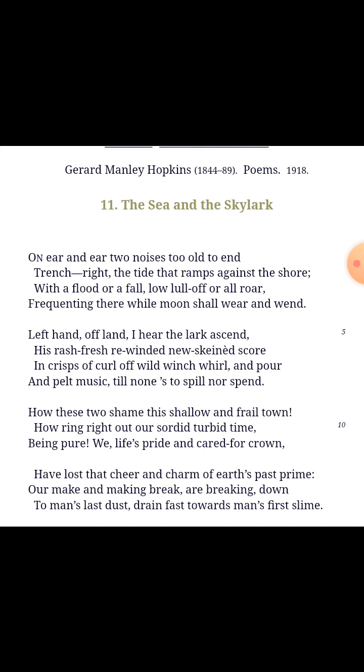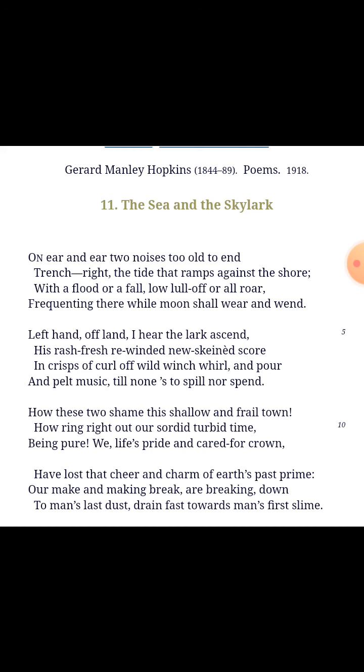Moving on to the final lines, 13 to 14. In these lines, while walking near the sea, the poet hears two sounds which make a deep impression on him. The poet says that man was created last as life's crown. In the book of Genesis, Bible, Genesis, book 1, God's special care,